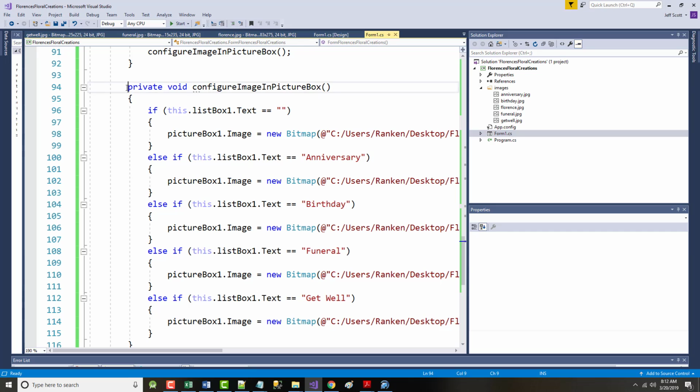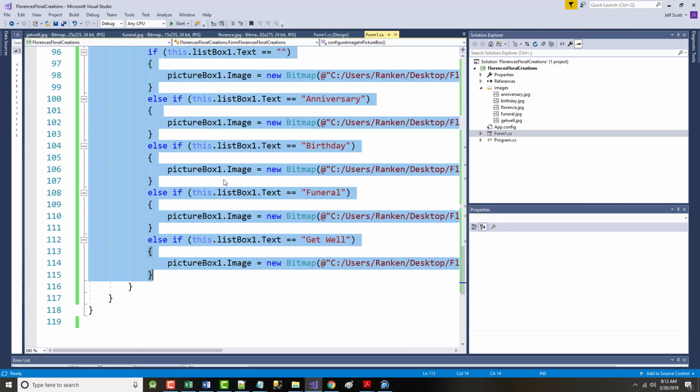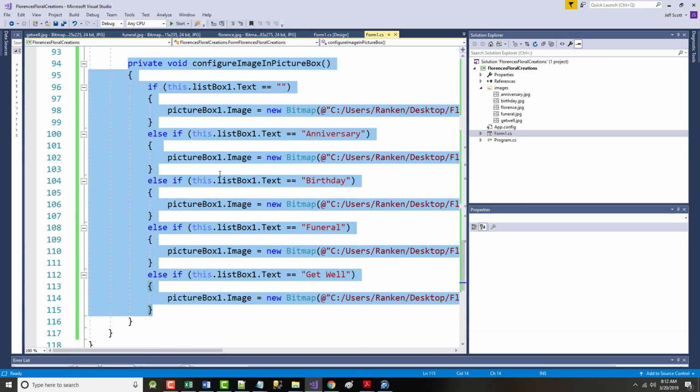One big routine here, this is how I set the picture. And again, that's about 20 lines. So there's not a lot that you have to key in. All right? Just like the one that we went over yesterday,